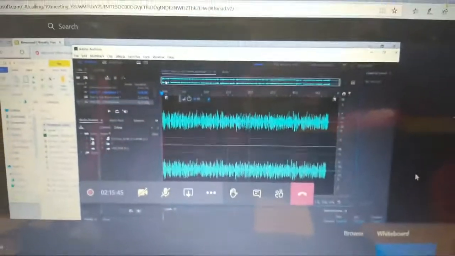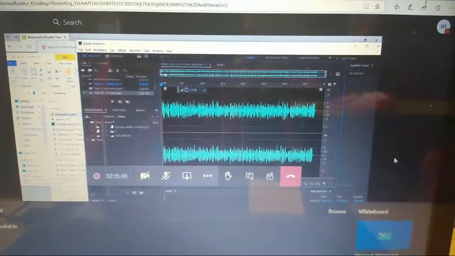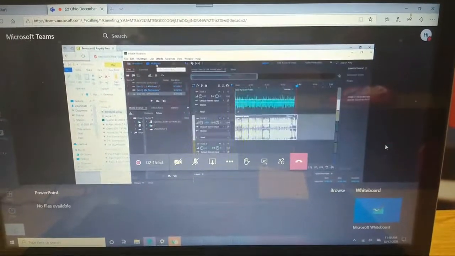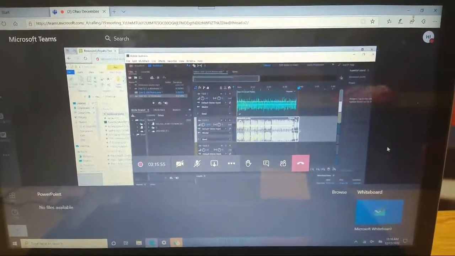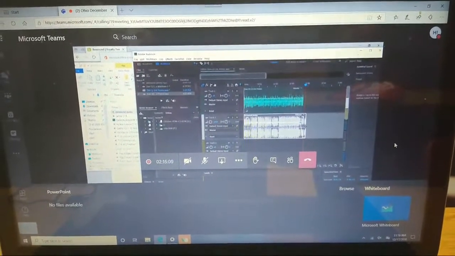There you have it. It's finished. Now, I left a little bit on the end of this that I shouldn't have, so I want to go back to multi-track and fix this. The reason that I got a little bit of dead air on the end of that is because I didn't close this window here.